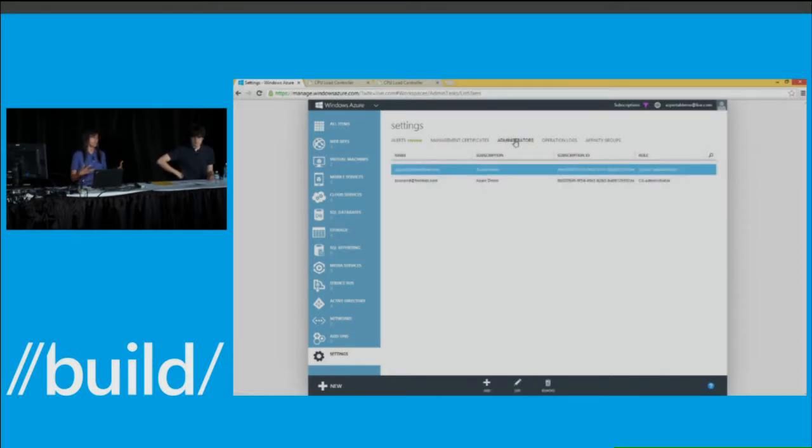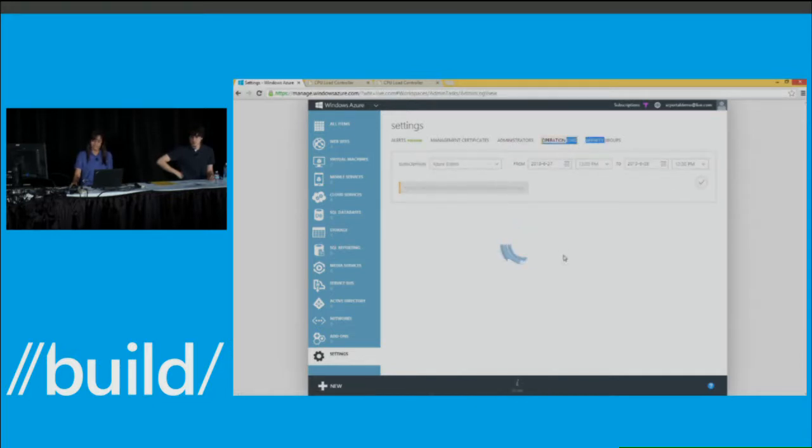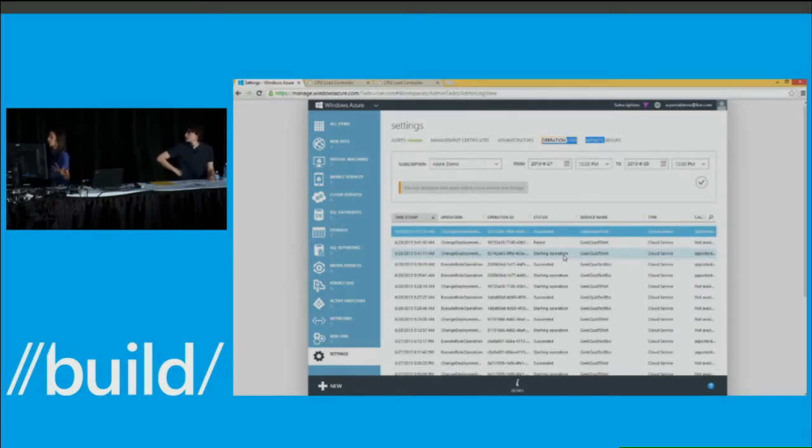Administrators allows you to manage your co-admins. You can add co-admins to your SA account. Operation logs is a capability that helps you look at operation history of all of the operations you performed in the management portal. So whether it's through an API or through the UI itself, you can look at what the operation ID is, what the status of that operation is, who performed the operation, and on what service you perform